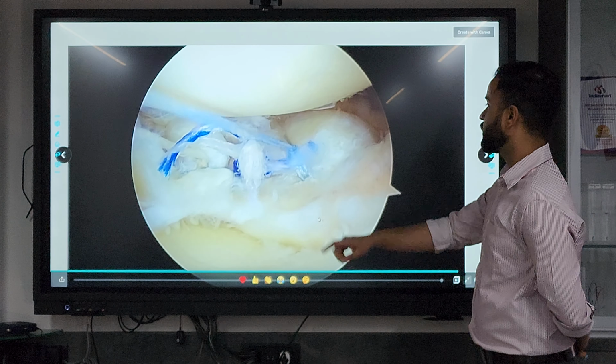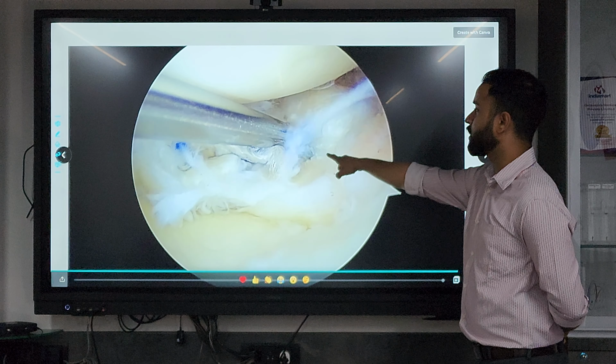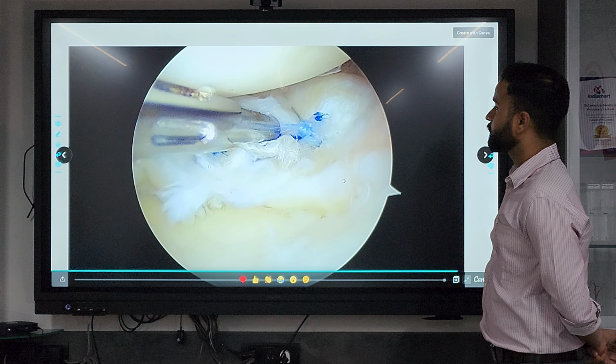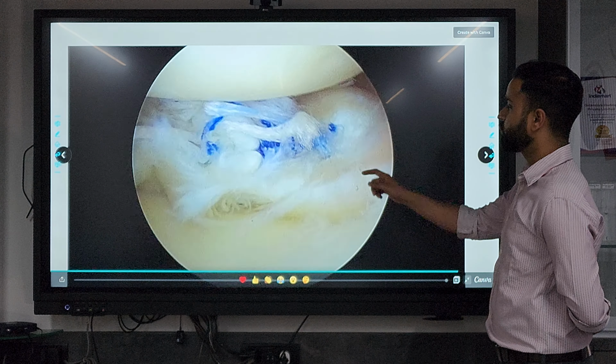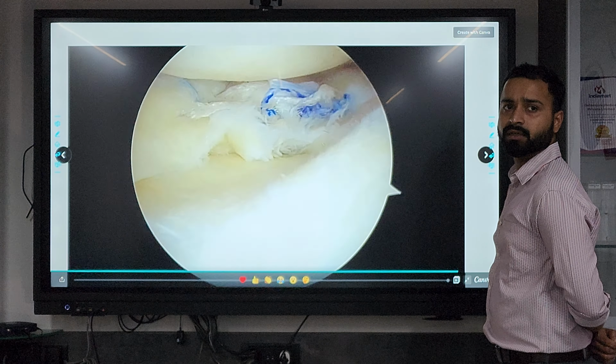That was the first all inside suture, and here is the second one. What you see now is the completed picture of the repair.